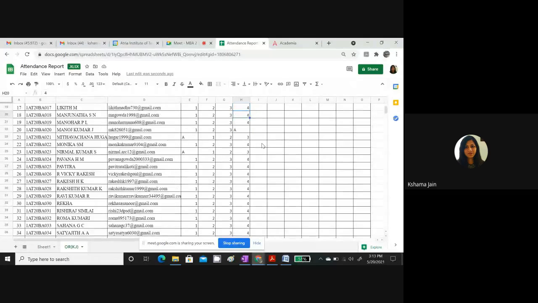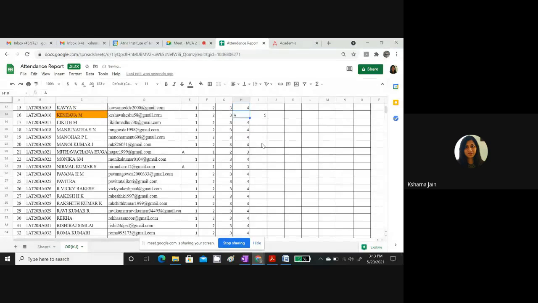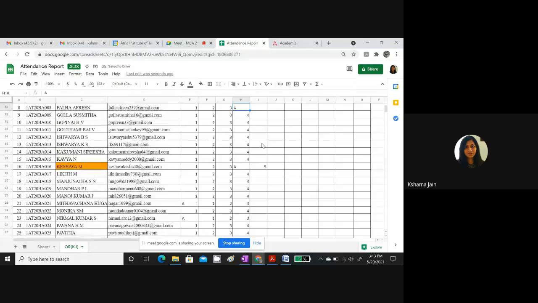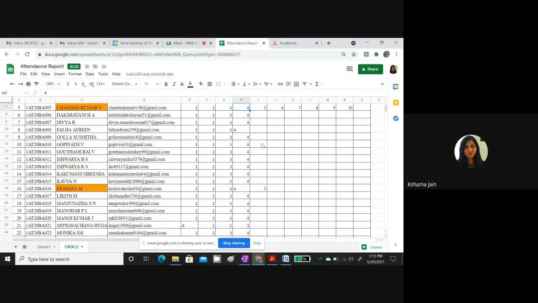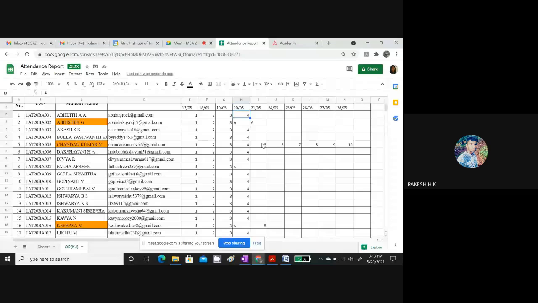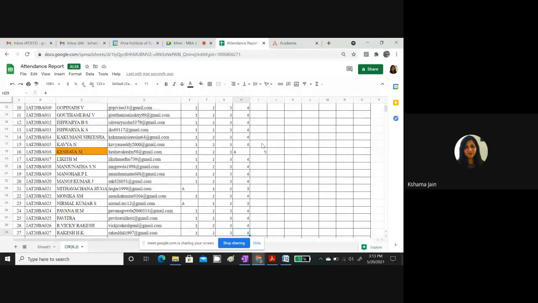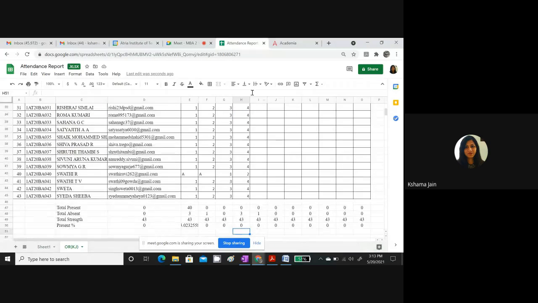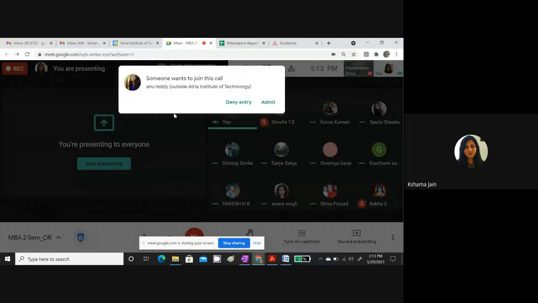Okay, let me confirm once. Manoj Kumar had network issues, I had given absent, but he was there actually. And Keshava, I am supposed to give absent only. Chandan Kumar I had given. Who else had I given? Falah Freen, I think this girl was there. But she was absent. Okay, let her be absent. She doesn't have a friend. How many have we done? 3. Done. Okay, students. See you tomorrow.